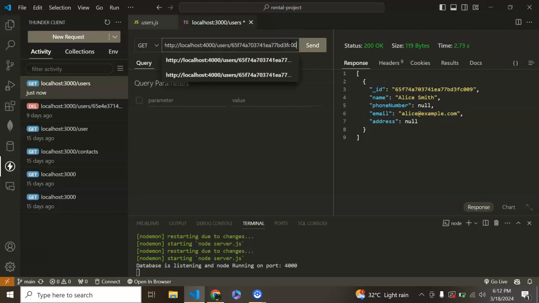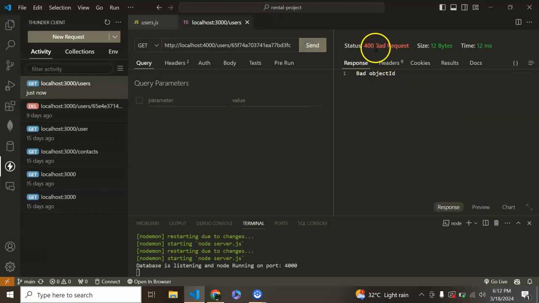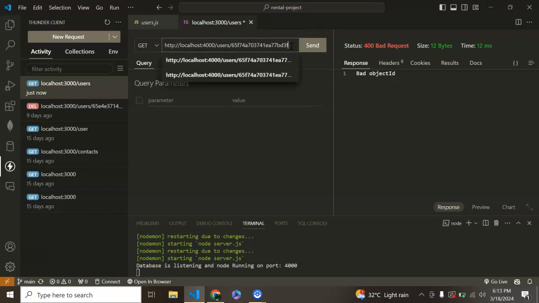But if I make the object ID invalid and I send it, a 400 bad request response is sent and a bad object ID message is returned. So this functionality cuts across all the endpoints,